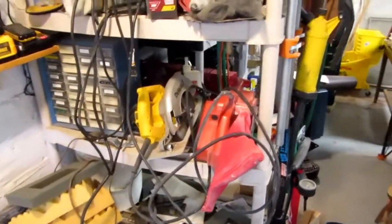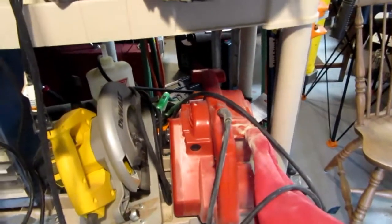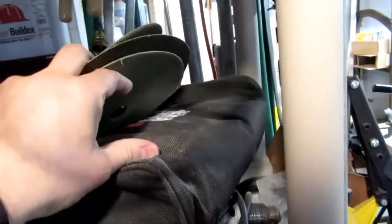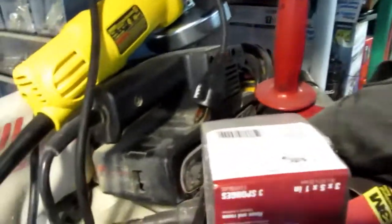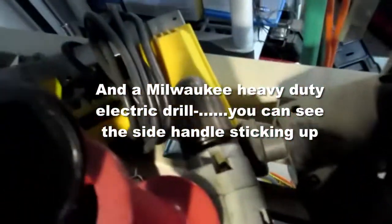my storage area for powered hand tools, circular saw, big Milwaukee belt sander, there's a Black & Decker nail gun in there, electric, there's a saber saw, just a cheap one there, my old $9 Skil drill that still works great, but I usually use my cordless these days. A Skil belt sander, it's a smaller, lighter one than the Milwaukee. There's another electric stapler and a hand grinder